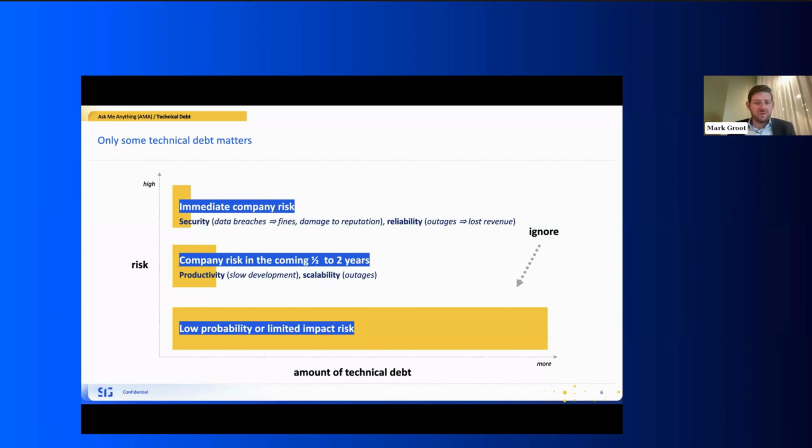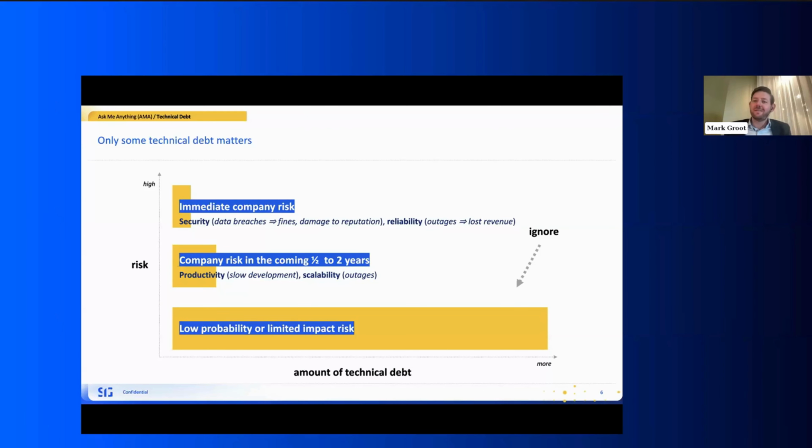It's actually not a question that I got in the Q&A, but I can imagine it's a question on people's minds. At least it's on my mind. How do you distinguish, how do you filter on that high-risk type of technical debt, or how do you get there from that big pile that you potentially have?